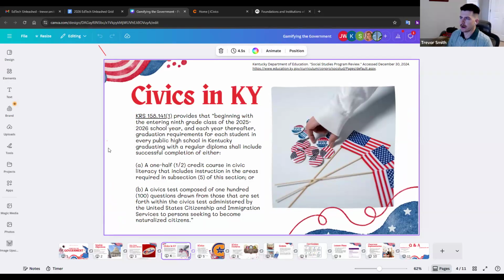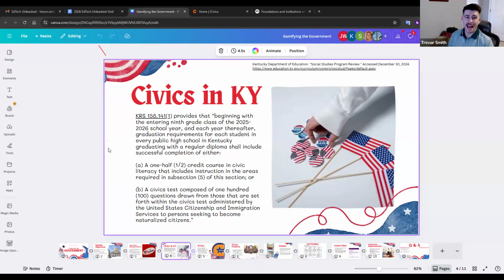So KRS 158 says that beginning with the entering ninth grade class, the ninth grade class of this school year, they have to do one of two things. They either have to have a half credit of a course in civics literacy, which includes instruction in the areas required in the statute, or they can take the 100 question